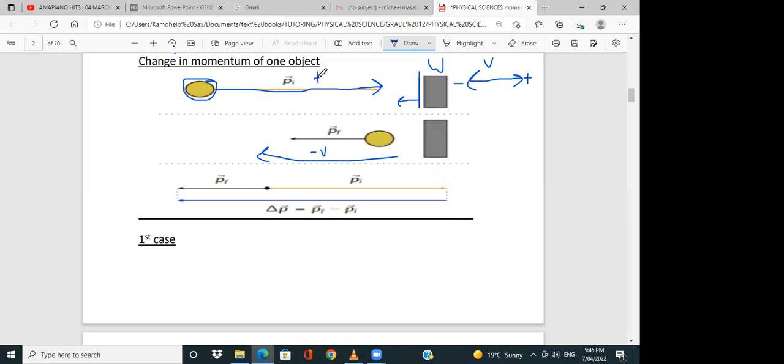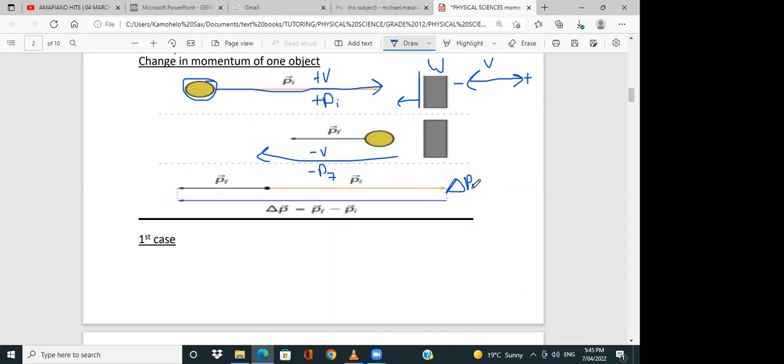And then here is going to be a positive velocity, which is going to produce a positive initial momentum. And then after bouncing from the wall, we're going to have a negative velocity that's going to produce a negative final momentum. And then using these two things right here, we're going to have your change in momentum,